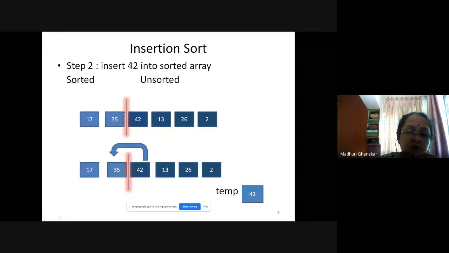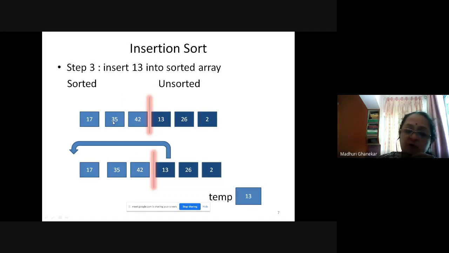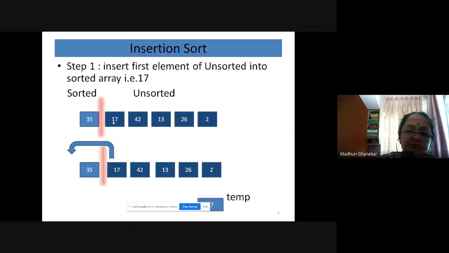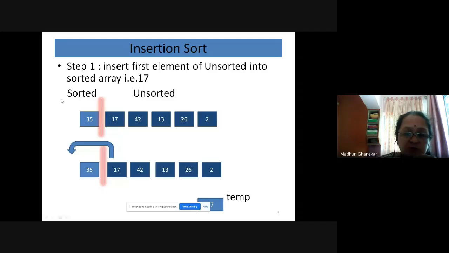You compare with 35 and realize that it is smaller than 35. So what you need to do is shift this value 35 to the next position, and then 17 will come to this position.